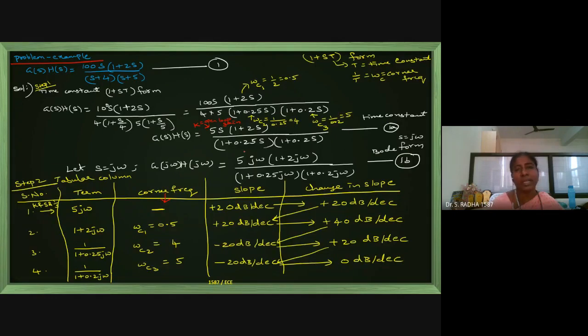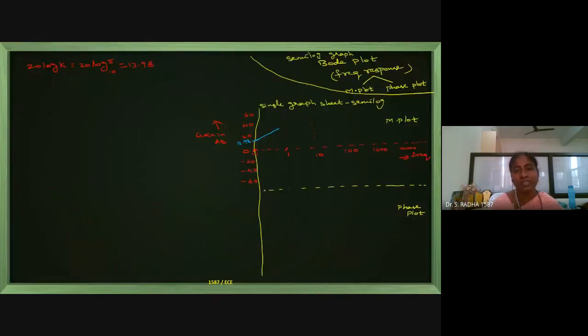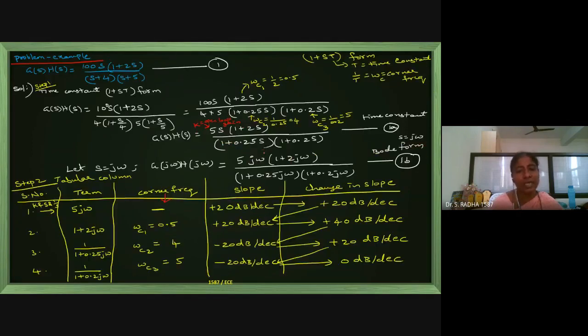then 0.5 will not come in the graph sheet. Appropriately, I have to take. So with that intention, I took the first point as 0.1. Somewhere halfway, 0.5 is available. I can do the graph because 0.5 is there in the tabular column. Like that, you have to decide the x-axis.